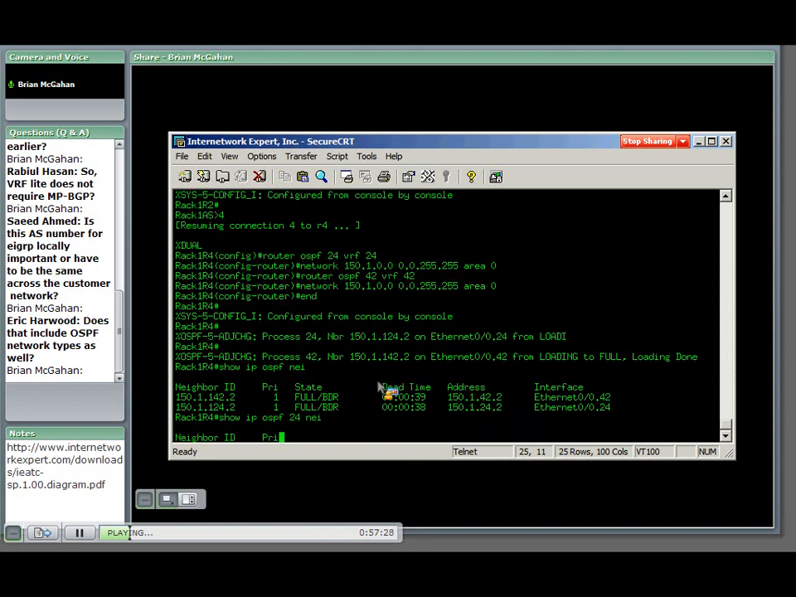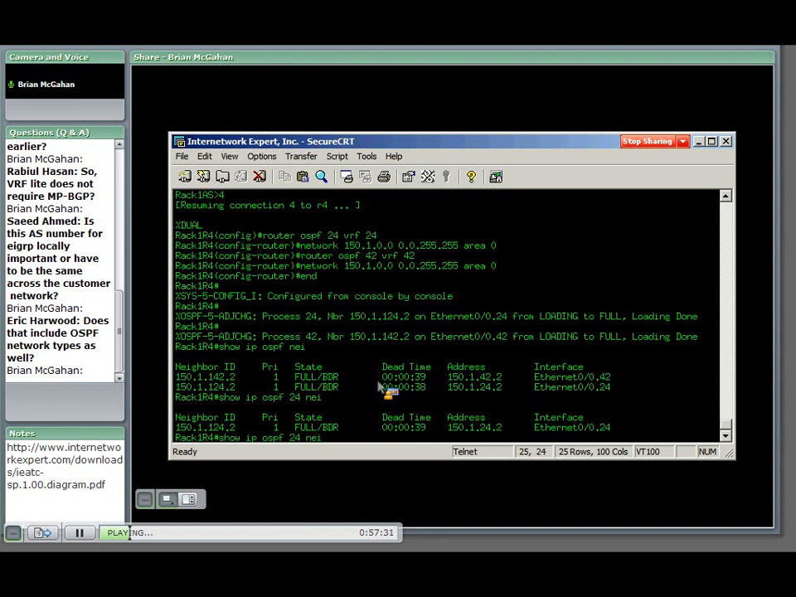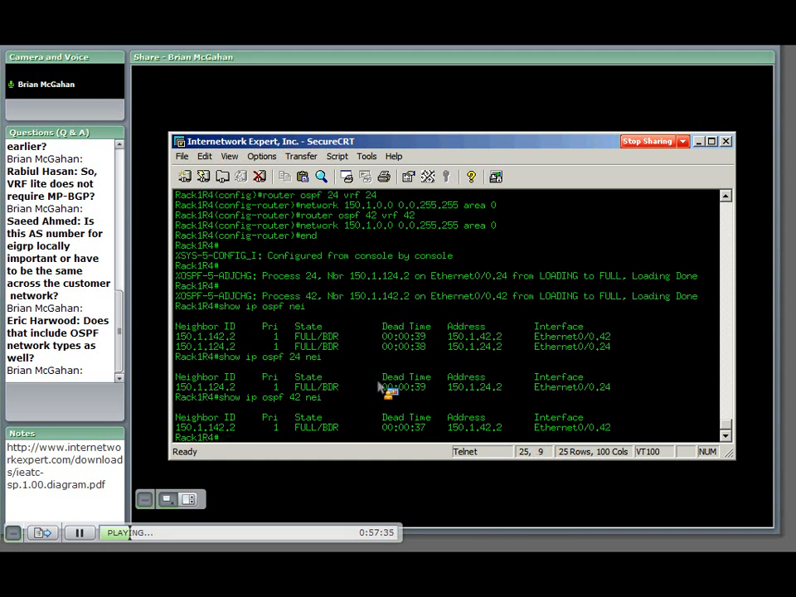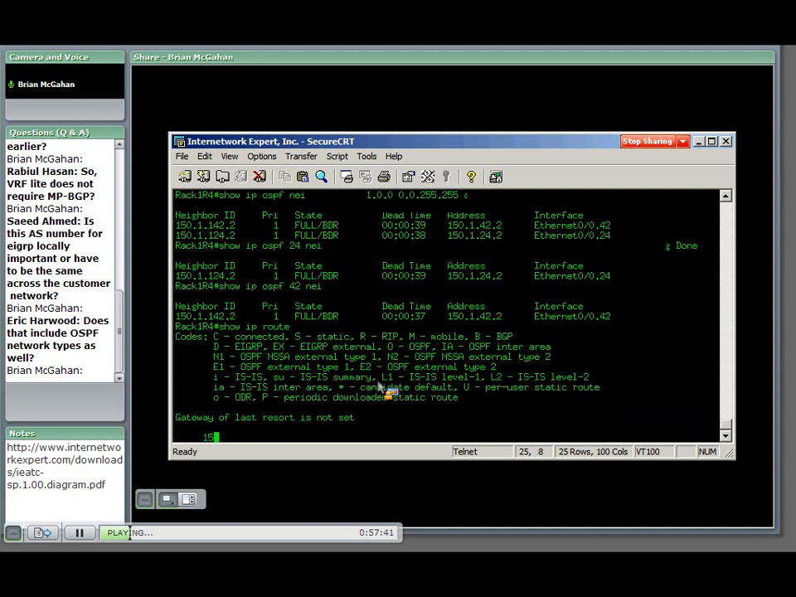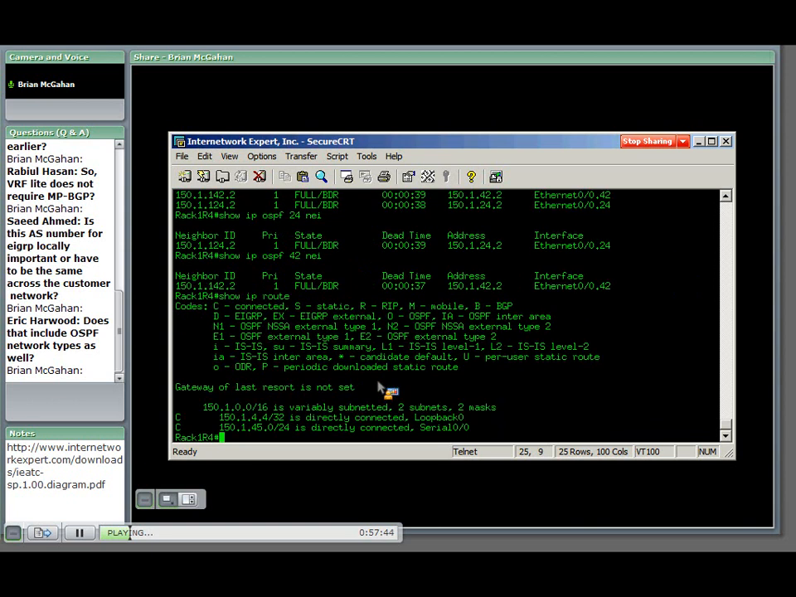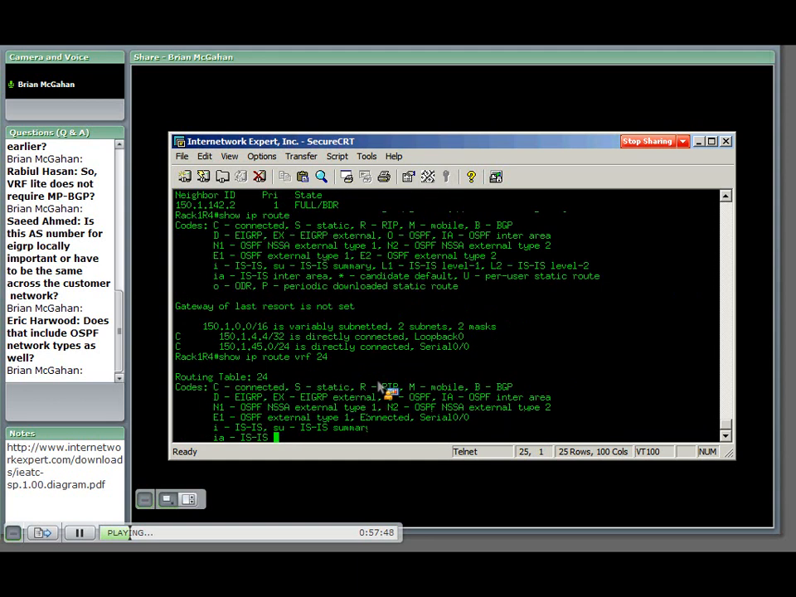So if we said show IP OSPF 24 neighbors, we can see that those neighbors correspond specifically to OSPF 24, and that other neighbor corresponds specifically to OSPF 42. Now if we look in the global routing table, we see we do not have any OSPF information. If we look inside the VRF tables,